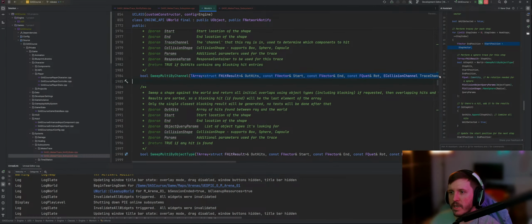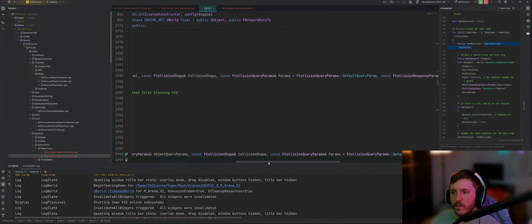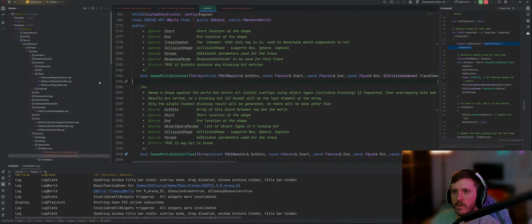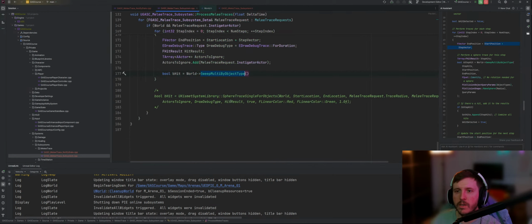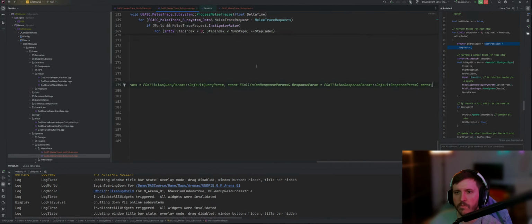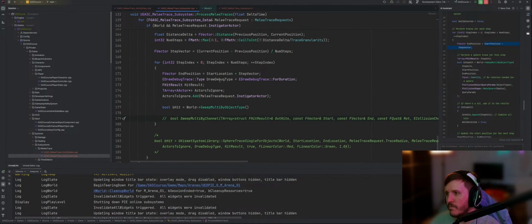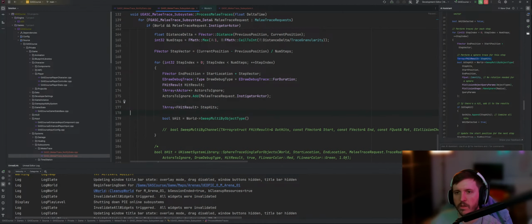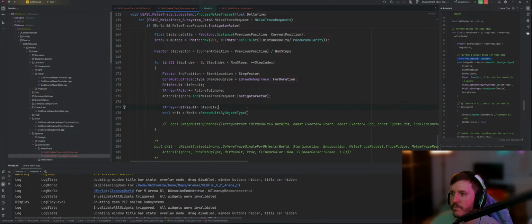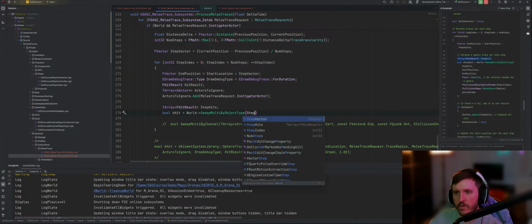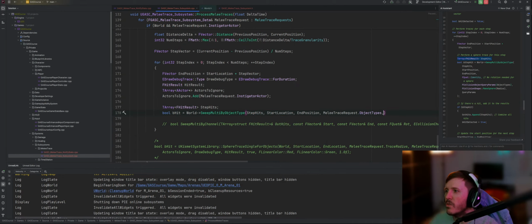So an array of the hits. So let me just grab this real quick, just so I can see this. So yeah, we need this TArray. Step hits. Step hits, start location, end position,